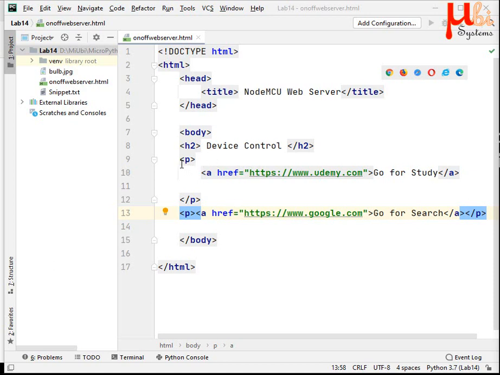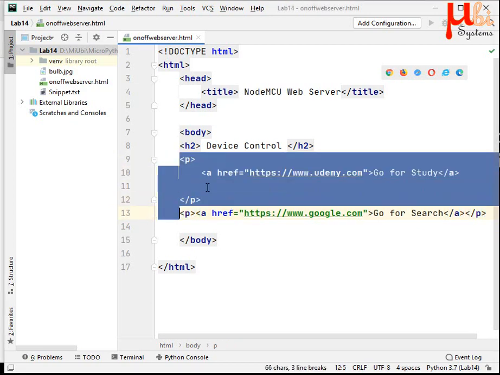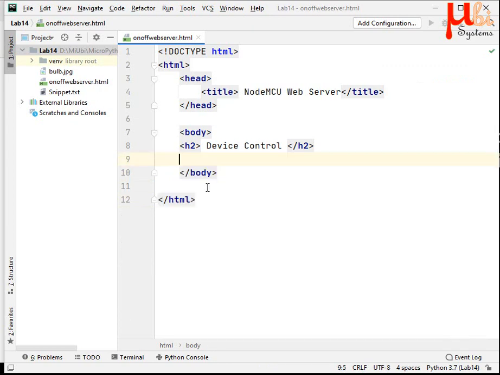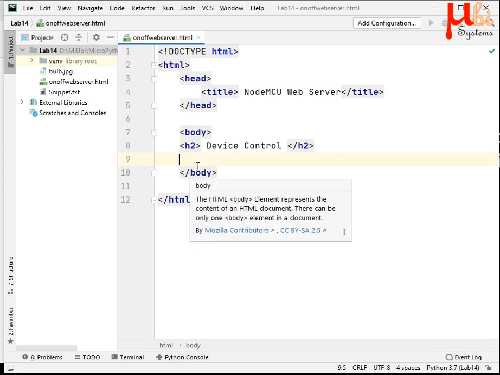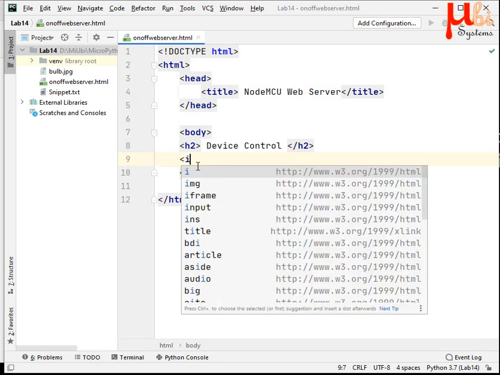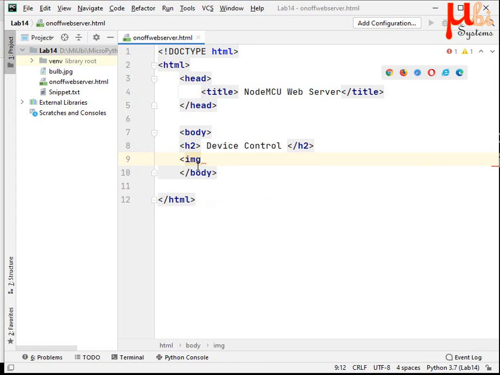Even you can start to create or make your own images to be inserted, for which you have to put the image in the working directory. For example, I have bulb.jpg. This is the image that I downloaded. So I wish to present it here, so for which you can use the tag image. Inside the image tag itself, the source of image will be bulb.jpg. It searches in the local path itself, so it's not a problem.